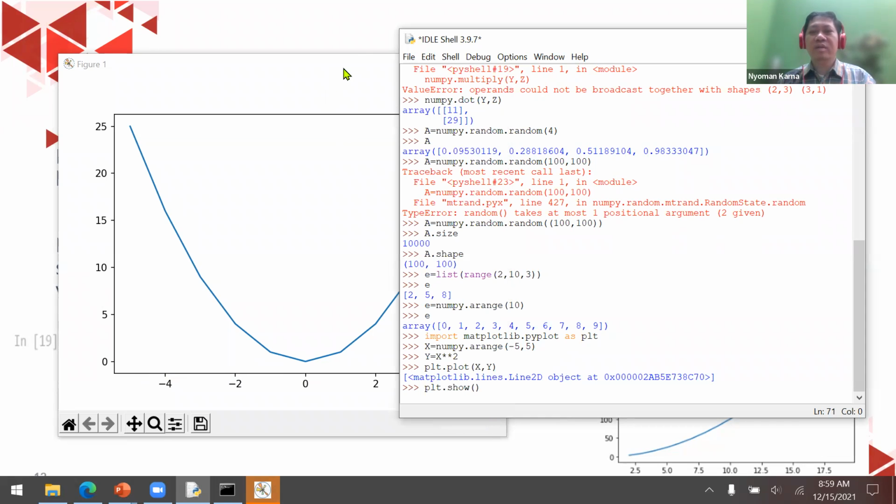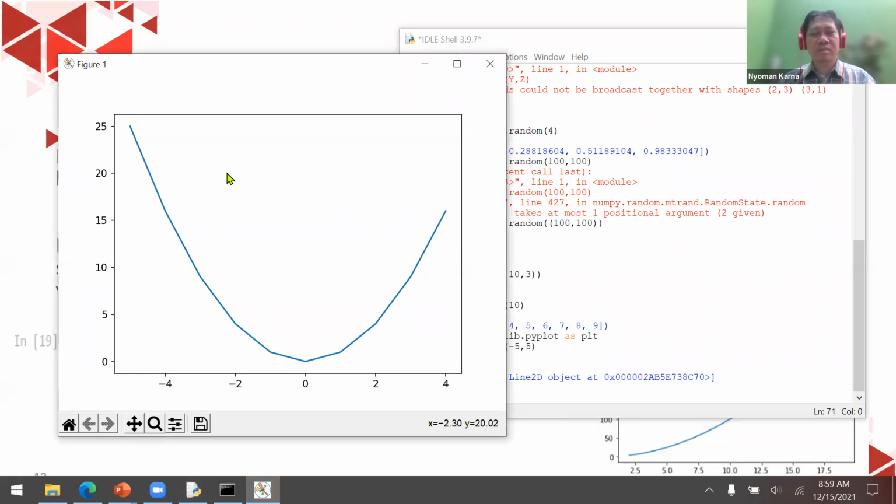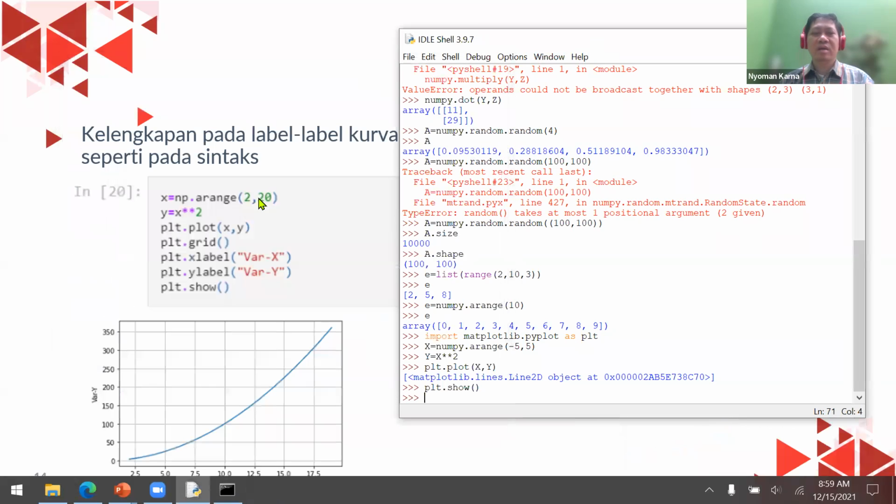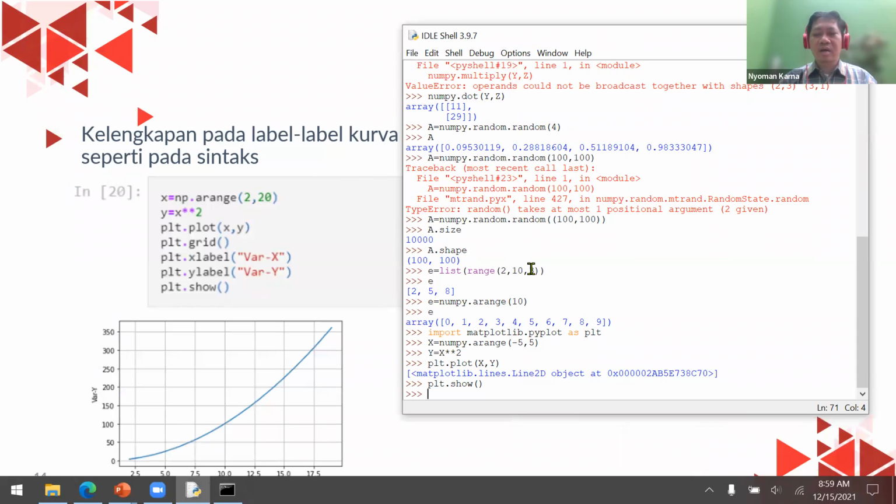Now, how about if I want to make sure of the value at -4, and how about this value? Is it -3 or -3.5, etcetera? So I can use the grid on. How to turn on the grid? By using plt.grid, like this.